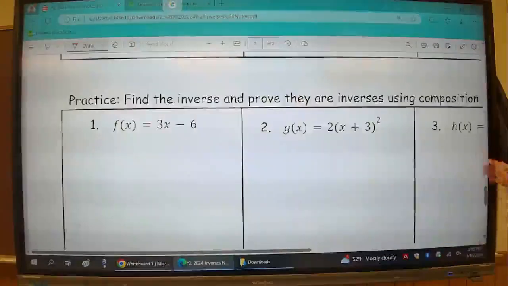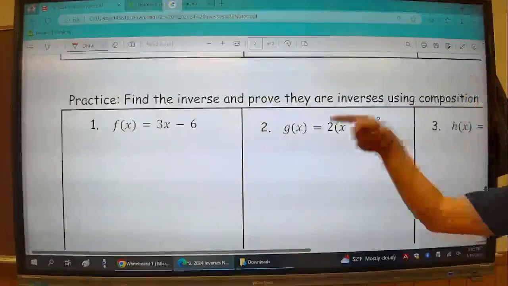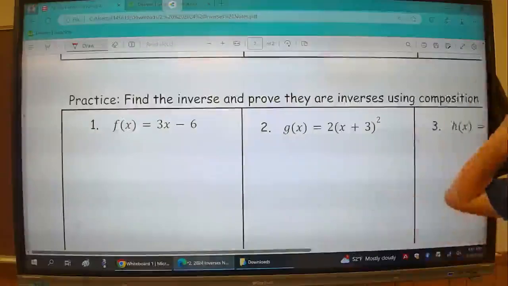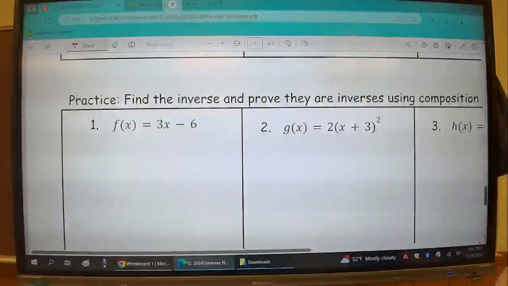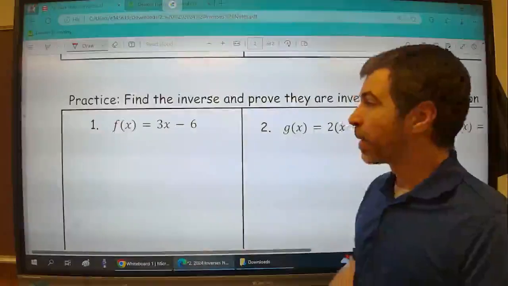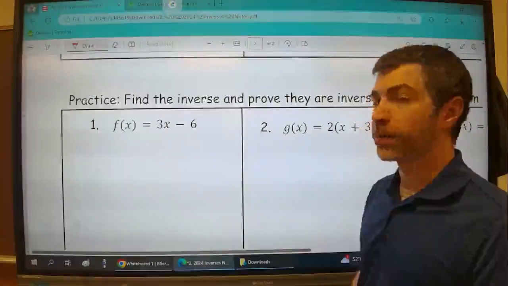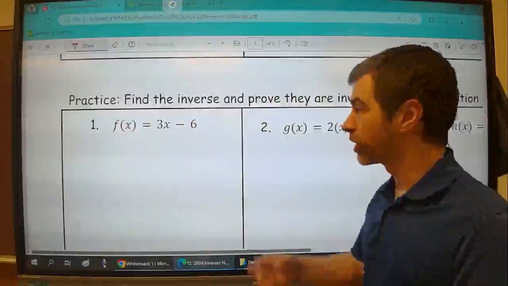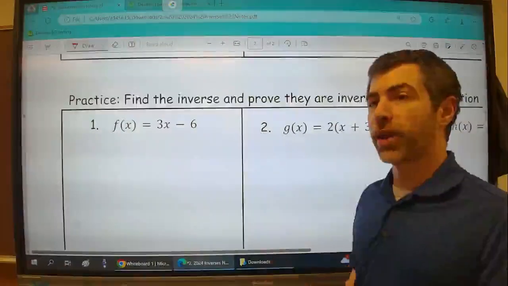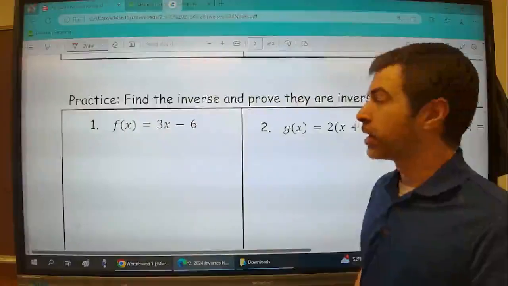There are 4 practice problems down below. I'll have to make a separate video for these because it is 5:05. I got to get out of here. So the notes are done. The notes video obviously will be posted. You're watching it right now. Makes sense. These 4 practice problems will be recorded later. So you can get these, but give them a shot. See what you can do with them. Check your answers when that video gets posted. And until then,